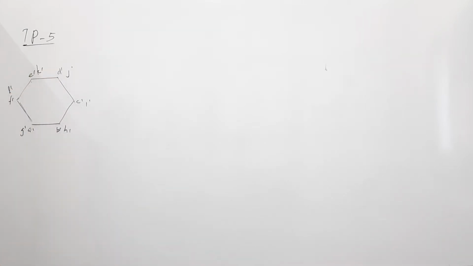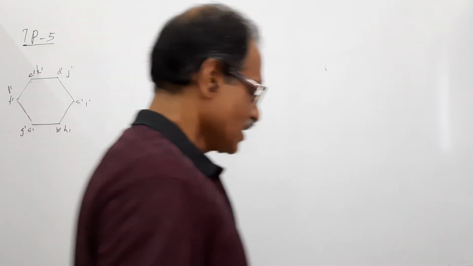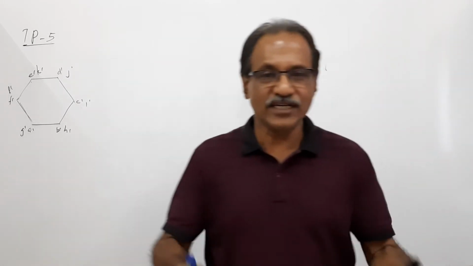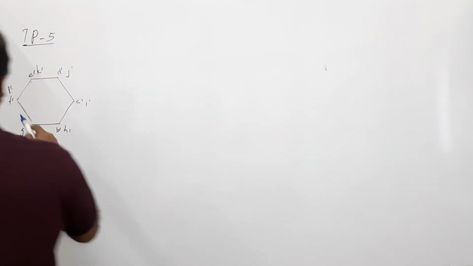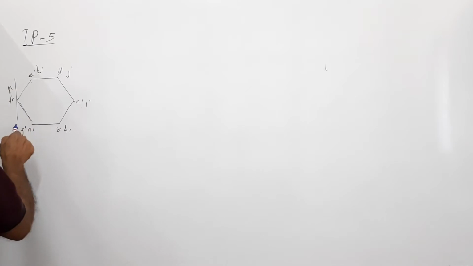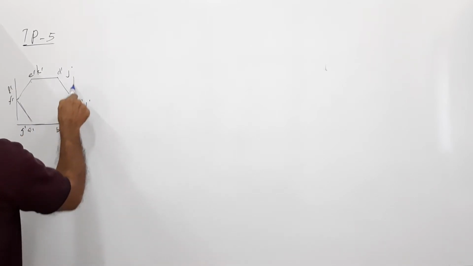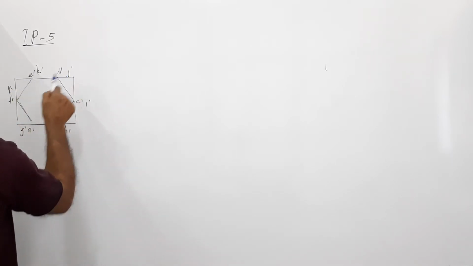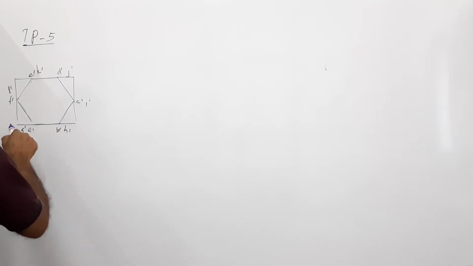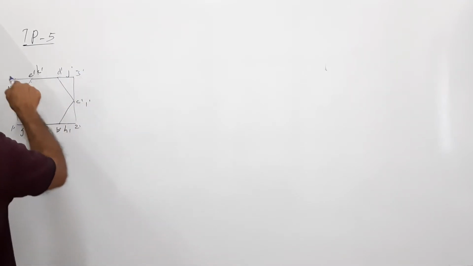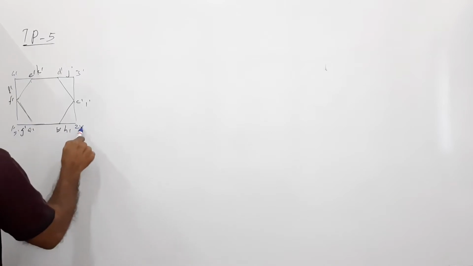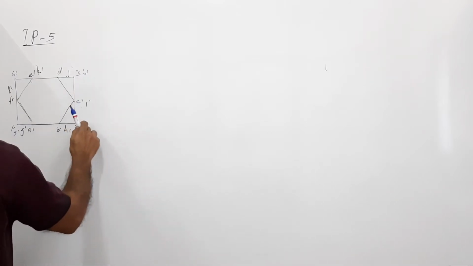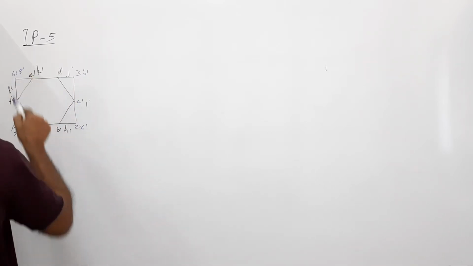Naming is not actually necessary. Just to bring in some confidence, you can better name them. That's all. Inscribe it in a box. What's the box? We are familiar with this box. We have done it earlier. 1 dash, 2 dash, 3 dash, 4 dash, 5 dash, 6 dash, 7 dash, and then 8 dash.